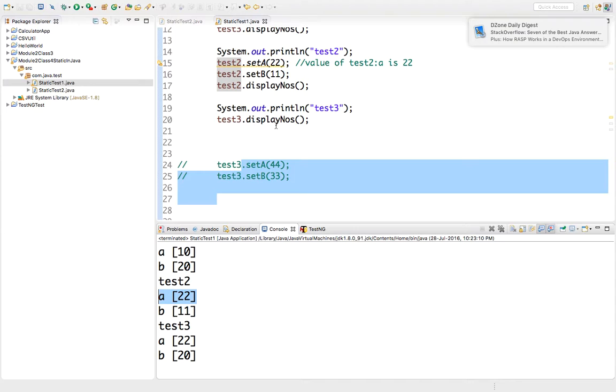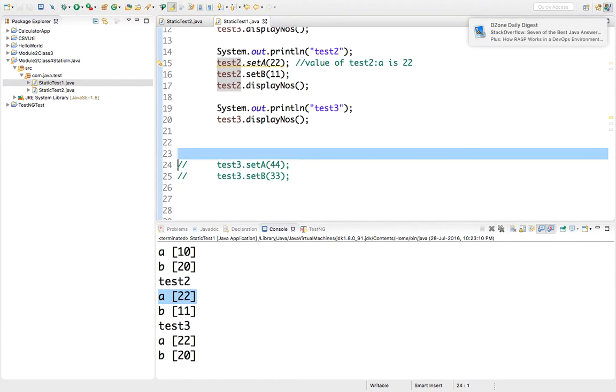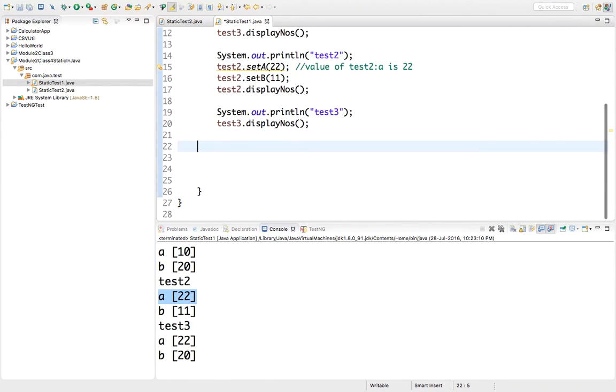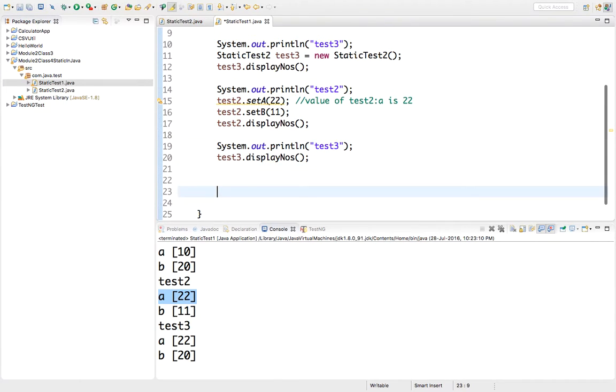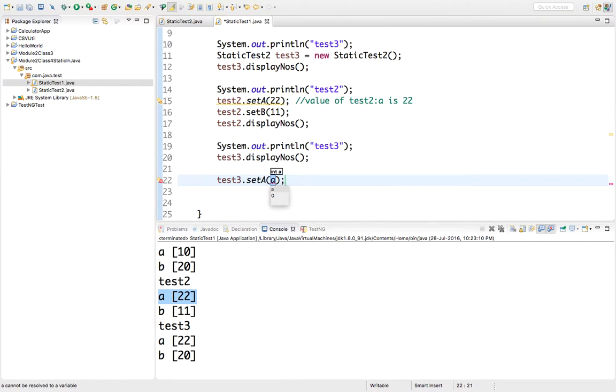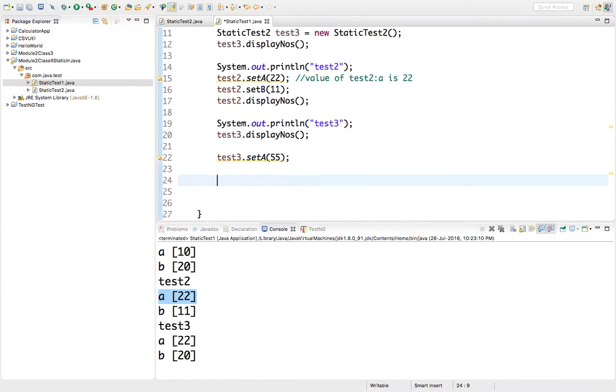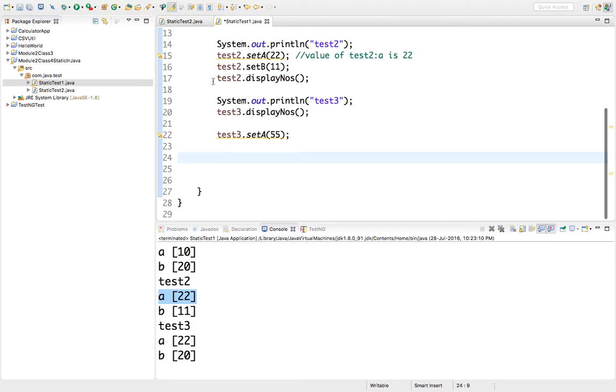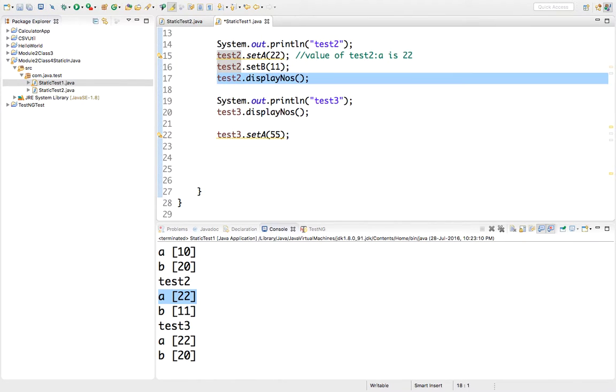So if you want to modify the value of A, suppose you want to call test3 dot set A. This is the static field. You want to modify it to 55, right? Even then, if you print the value of test2, you will get the same value.